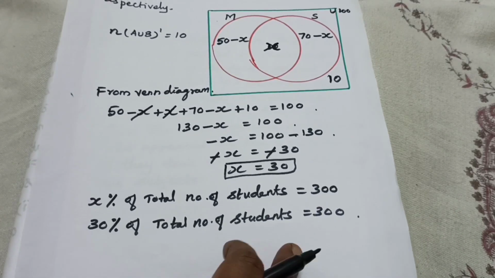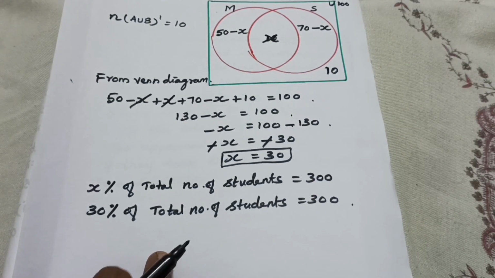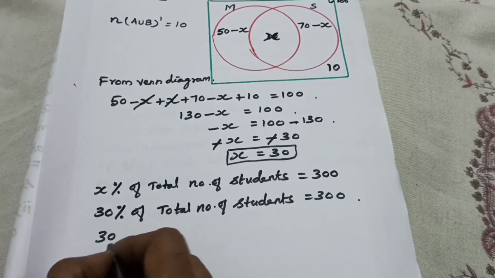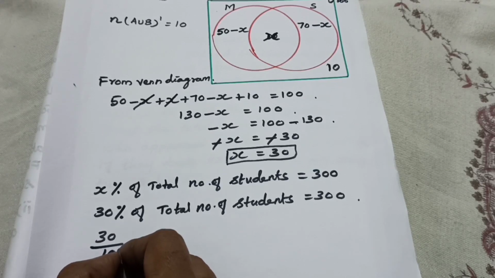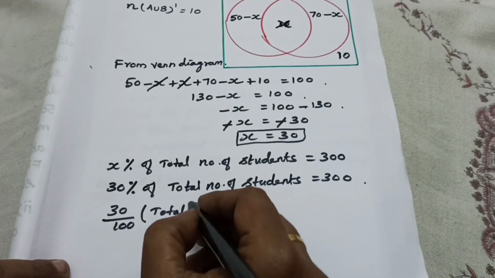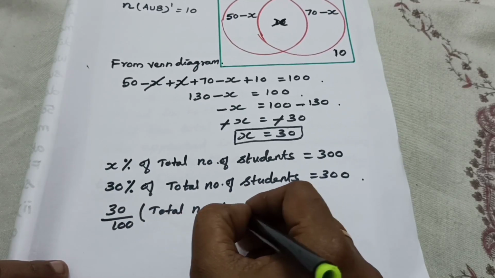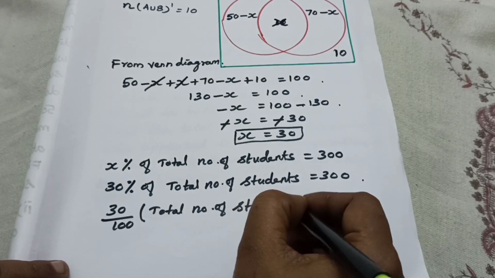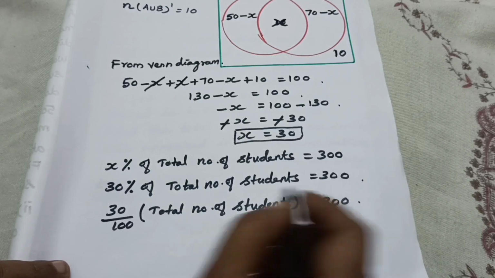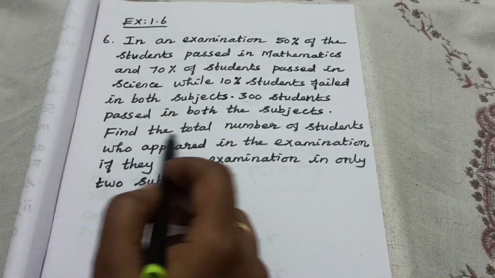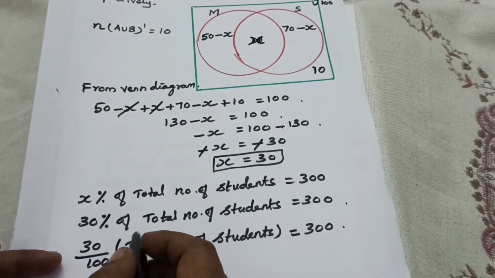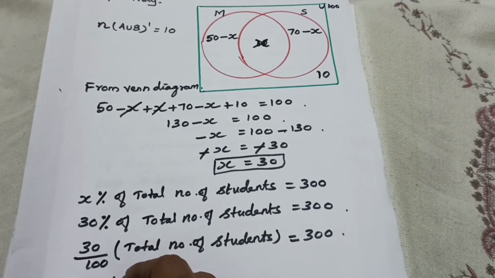We need the total number of students, isn't it? Therefore this 30% we can write as 30 divided by 100. 30 divided by 100 of the total number of students is equal to 300. We need, as the question says, the total number of students who appeared in the examination. Therefore, total number of students